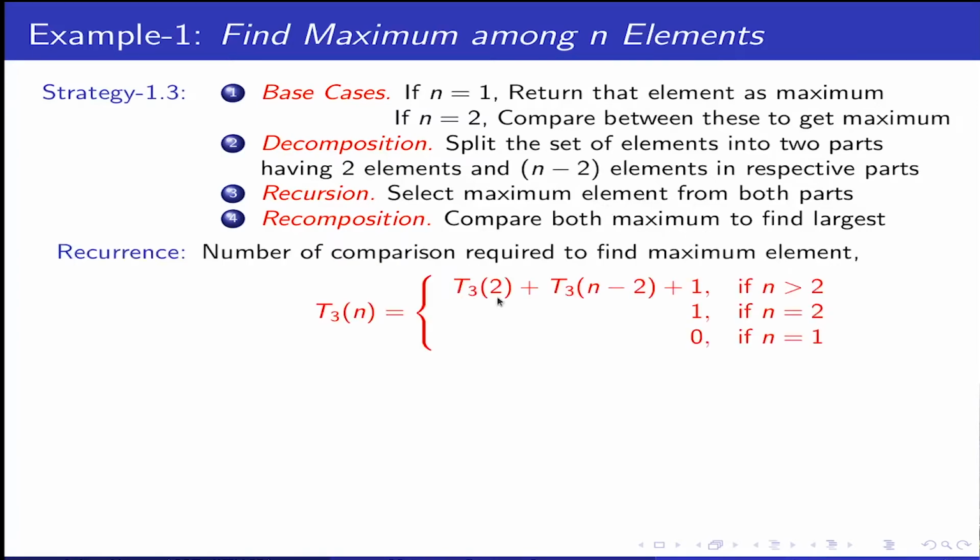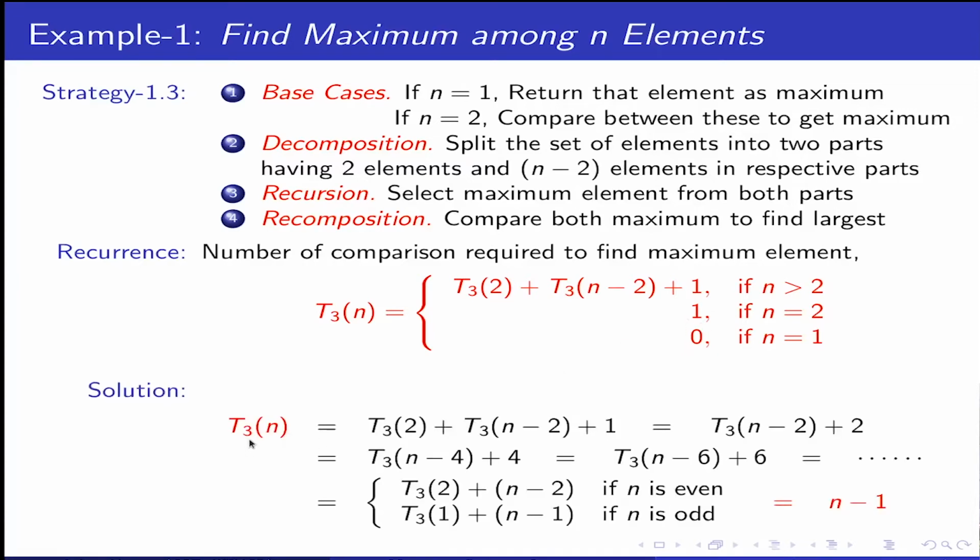So the recurrence here is T(2) plus T(n minus 2) plus 1, where 1 is the final recomposition time, for n greater than 2. What if you reach a base case where n equals 2? Then your comparison is only once to get the maximum, so that is 1. But in this way, since you are reducing by 2, if you start with an odd number, you will reach 1 sometime, and then your comparison is 0. So let us solve this recurrence by expanding. Here also you can see that T(2) is basically 1, because n equal to 2 is the same problem, which is 1.